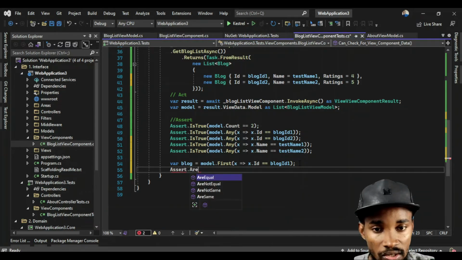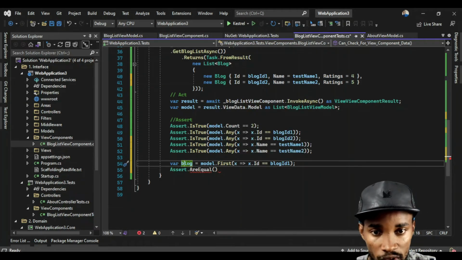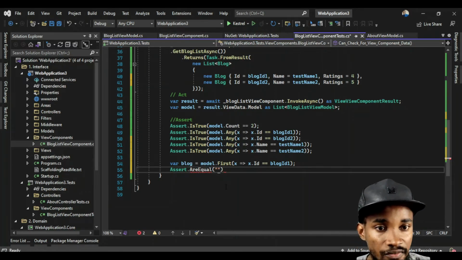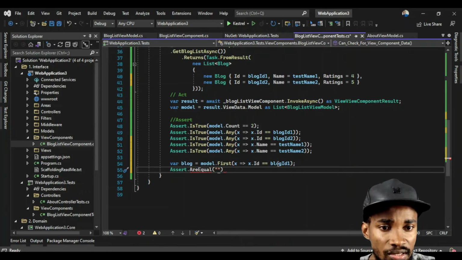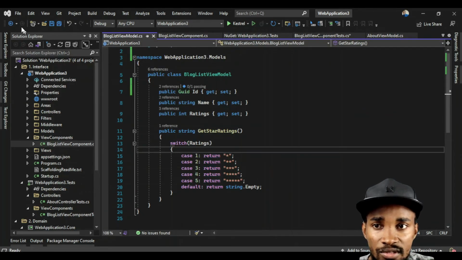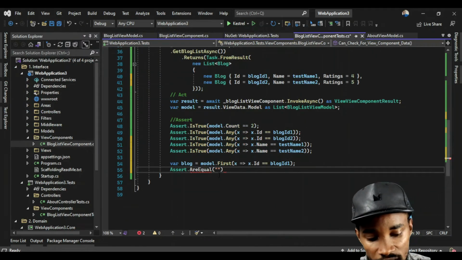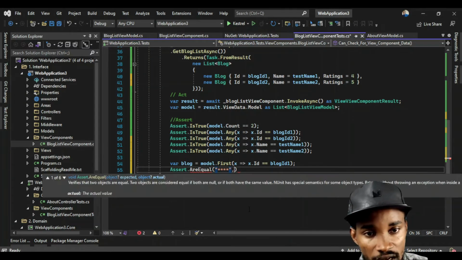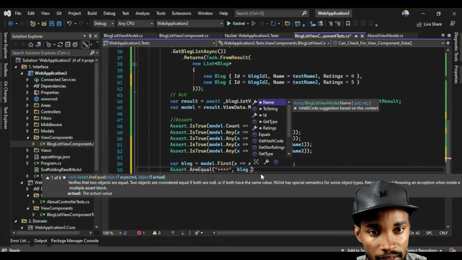Just make sure that what you're expecting is equal to what came back. So what I'm expecting for this is 4 stars, right? Do we have a 5-star? Actually, let's just go back to this V model. So we have a 5-star, right? So let's go back. What I can do is say that this is 4-star. I'm expecting a 4-star for this actual get